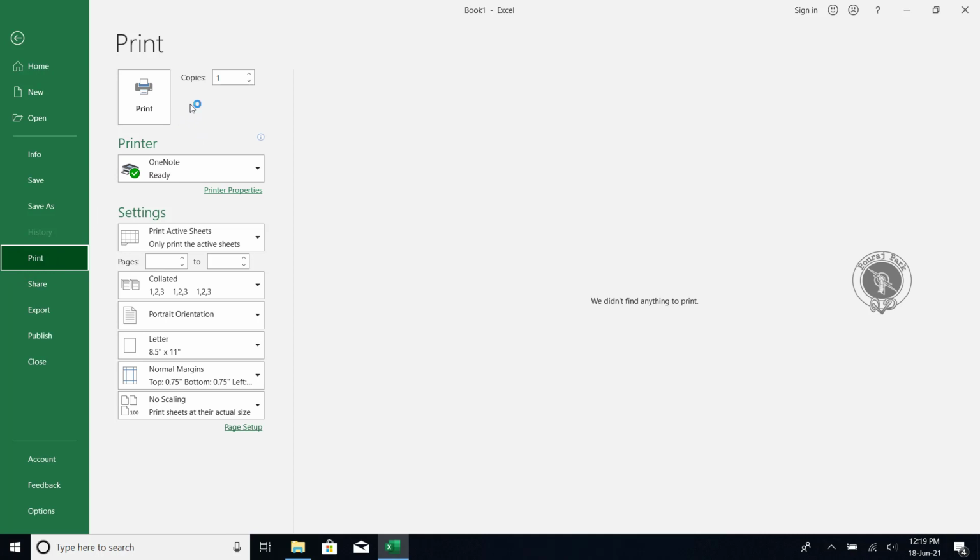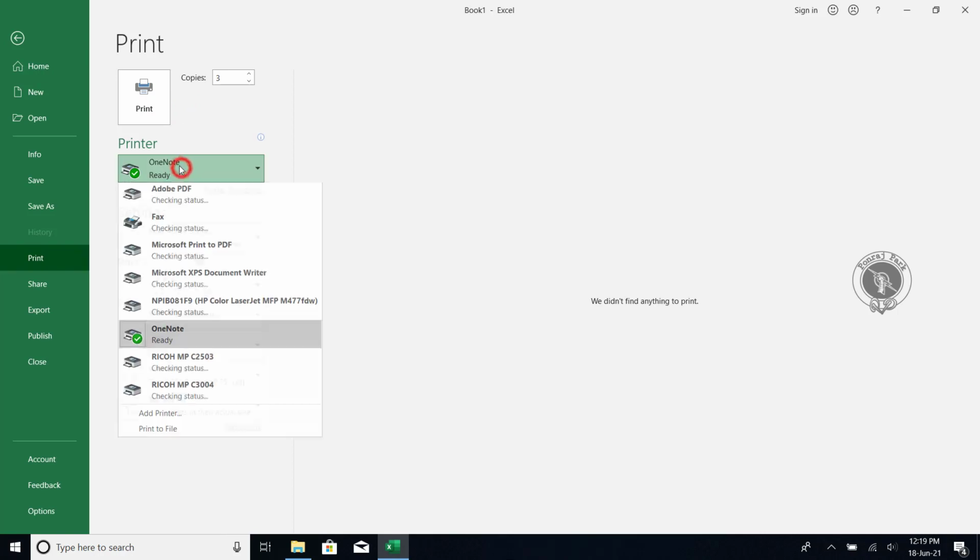print section, first thing, on the top side you will see copies, how many copies you want to print, like 1 copy, 2 copies, 3 copies, how many sets you need. In printing, if you need 1 set, by default it will be 1. If you want more, 3, 4, whatever you want, you can set it here. Okay, and when you click on print it will start printing, and then you have to select the printer.